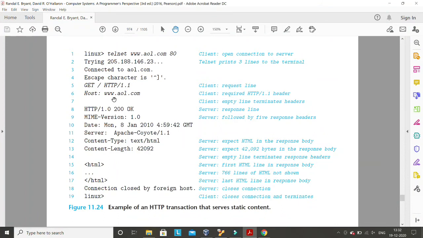But the server is not designed by anyone else. The server is designed by ourselves only, right? It's a small program. So when the server receives the request and wants to send the result back to the client, we have to understand that in communication through HTTP, the server will send the entire thing as a string. First of all, the server will add this header to the string. After that, the server will add the actual result, and this total string will be returned to the client, and the client will see this.